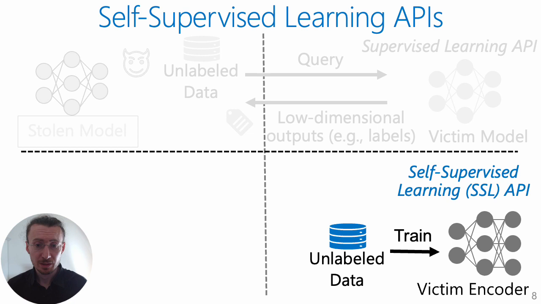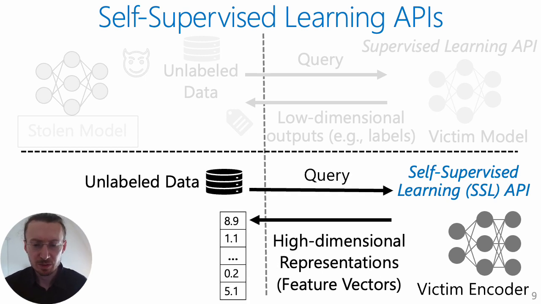However, currently, self-supervised learning emerges as a dominant paradigm behind modern ML APIs. The major paradigm shift is that these large self-supervised models are trained on a big amount of unlabeled data. Despite the fact that SSL emerges as a dominant paradigm behind ML APIs, existing defenses against model stealing for supervised learning are not easily retrofitted to the specific features of self-supervised learning.